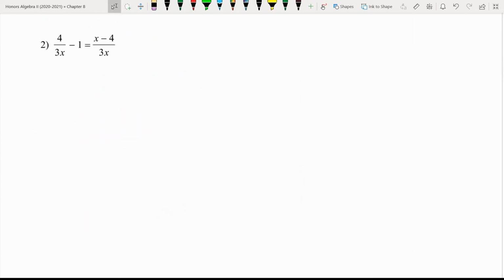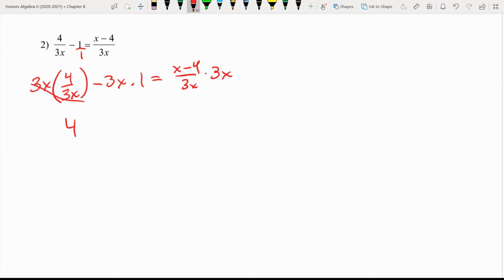This one's pretty easy. The denominator is the same. Common denominator is 3x, so when I multiply the left side by 3x, it's going to be 3x times 4 over 3x, and then minus 3x times the 1. Think of it as a 1 over 1, if that helps. This is equal to x minus 4 over 3x times 3x. So these cancel out completely, and you're just left with 4 minus 3x,